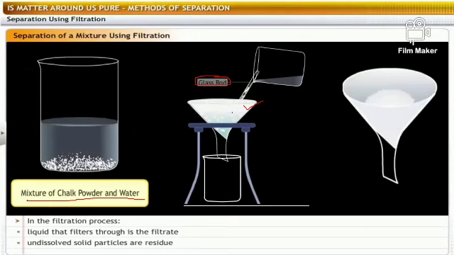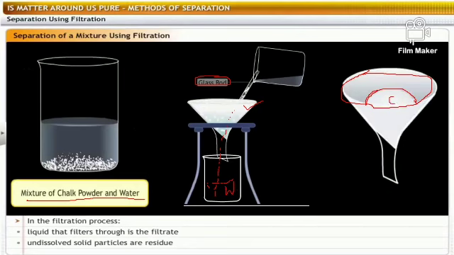As chalk powder cannot pass through this filter paper, only water will be collected here in the beaker. And what is left over in the filter, in this funnel? In the filter paper, in the funnel, this white colored chalk is left.